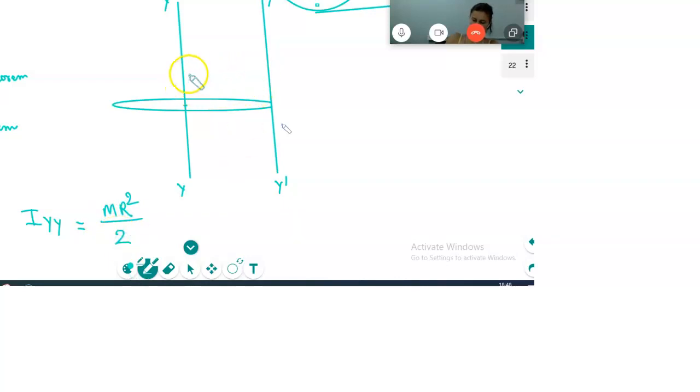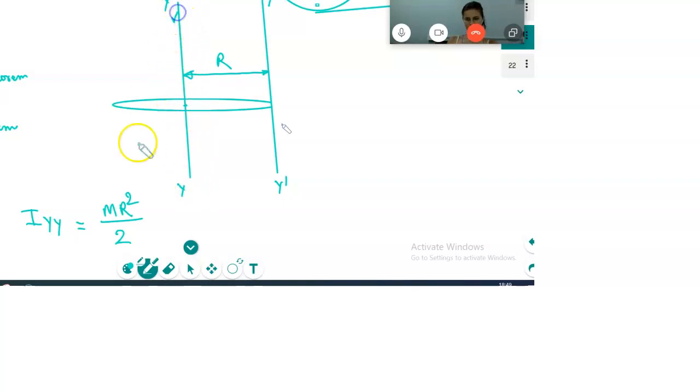This distance between these two axes is how much? R. Very good. If R is not there, something different is there, you can take the different things also. So the parallel axis theorem says the moment of inertia about any axis parallel to an axis which passes through the CG, means the moment of inertia about an axis which passes through the CG,